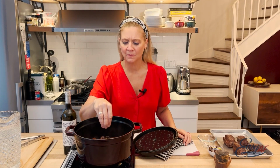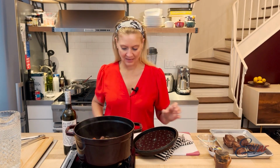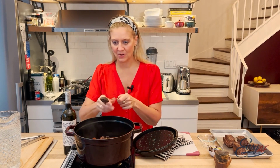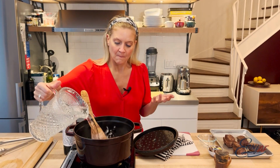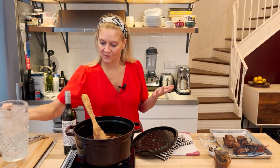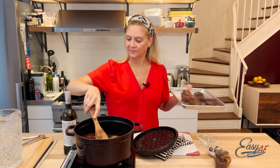Okay, so the wine has reduced almost by half, even a little bit more. And then I'm gonna add in a little bit, I'm using some beef bouillon, a really high quality product, which I love, or just a beef stock, or honestly, there's so much flavor in the beef ribs, you could just use water. So I'm just creating a base for the ribs to braise in, and I'm putting them back in,